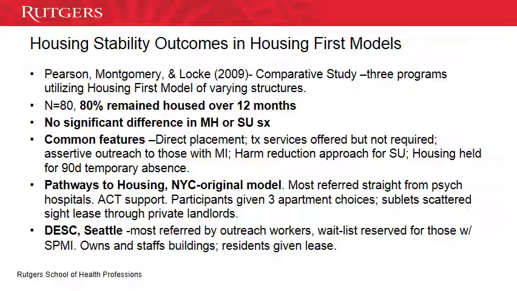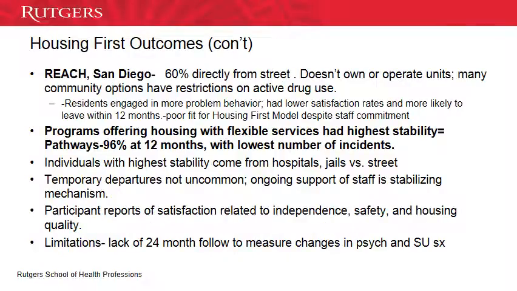And most of their participants were referred by outreach workers. A majority were living on the street at the time of enrollment. And interesting to note is they were the only model in the study that had a wait list, which reserved spots for those with severe and persistent mental illness. DESC owns and operates about 4 buildings, which is different from Pathways and the REACH model, and the residents are given their own lease. The third model was REACH, which is based in San Diego,